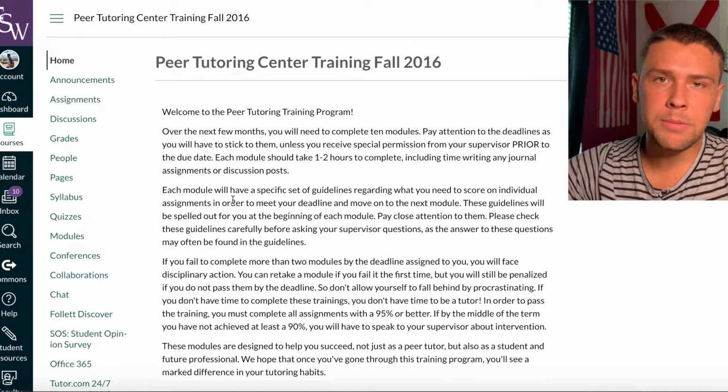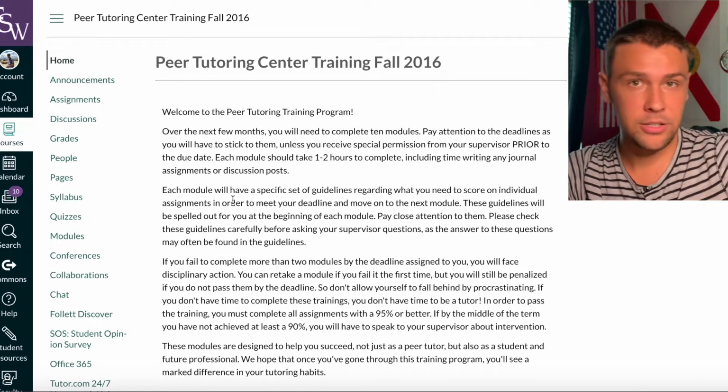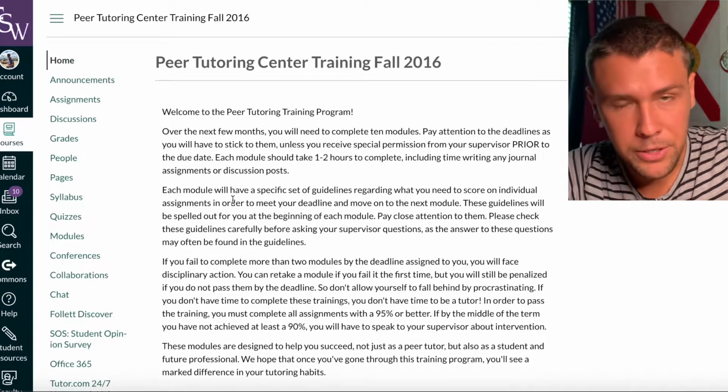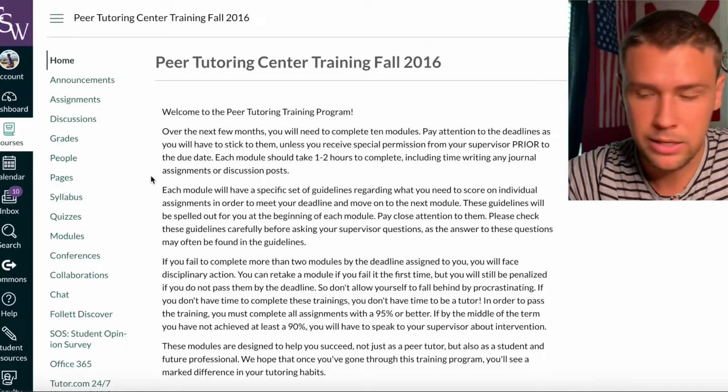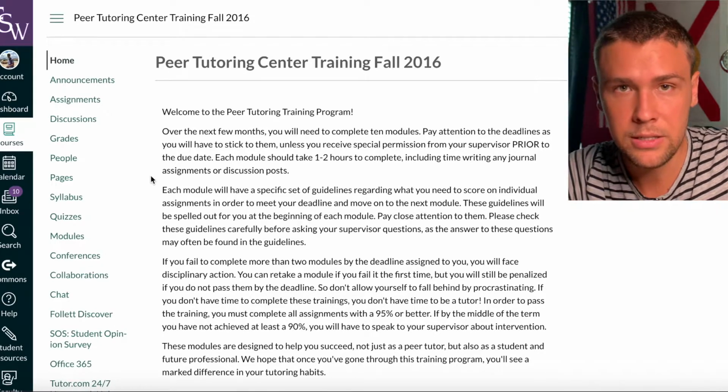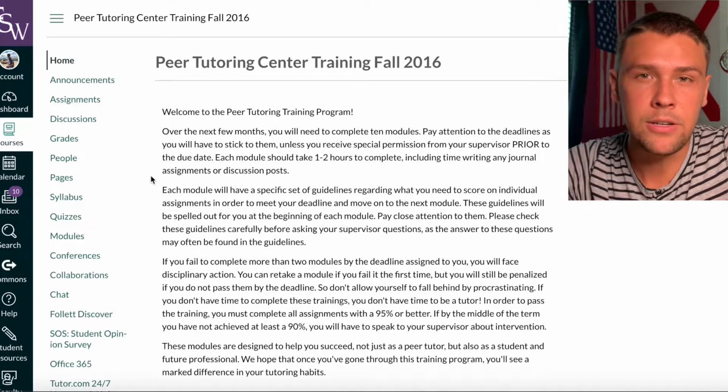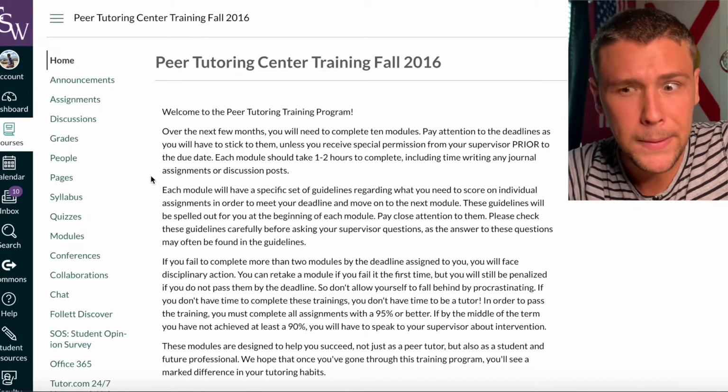Hello everyone and welcome to my video on how to use the insert math function feature for discussion posts in Canvas. So let's just hop on into it. You'd use this anytime you're typing math into any Canvas discussion or really any part of Canvas at all. It works, I think, with comments, but maybe not.